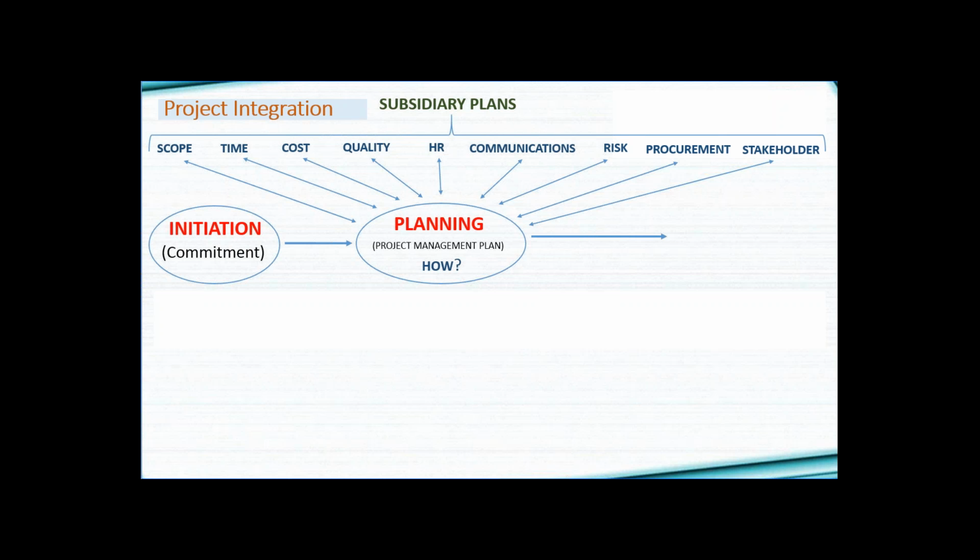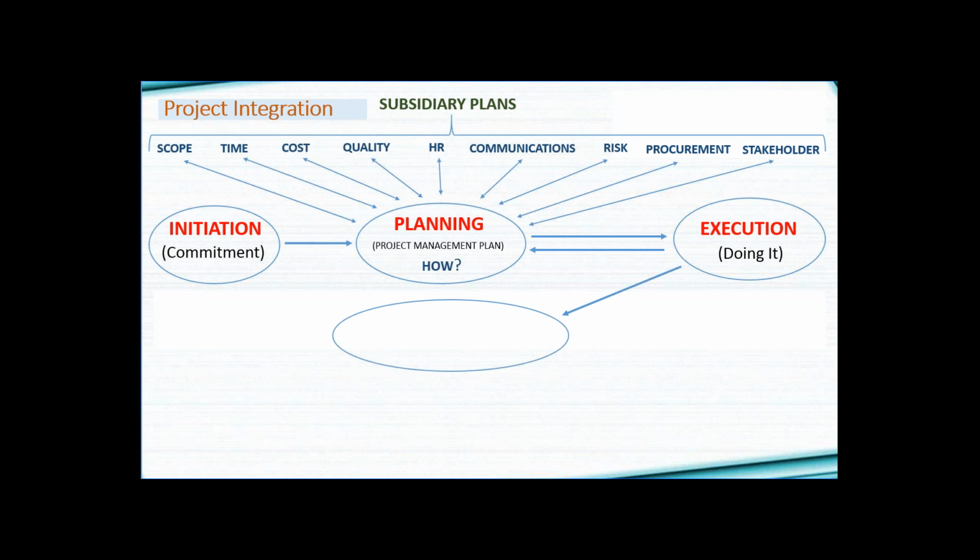And in line with the plan, you do the execution. Execution is actually doing the work: acquiring the people, developing the team, communicating, and engaging with the stakeholders. You can see there's another circle going back to the planning. If during execution you change the process, procedure or plan so that it differs from the project management plan, you may have to revise the project management plan.